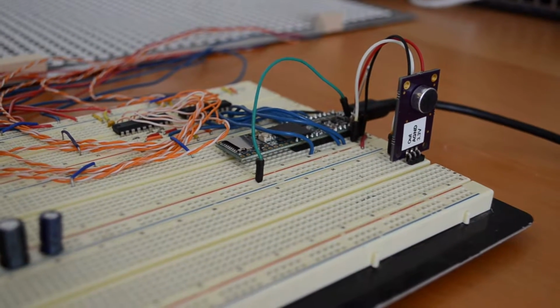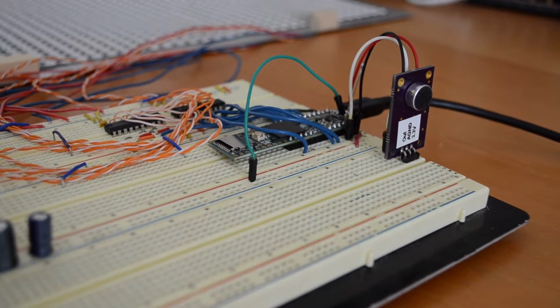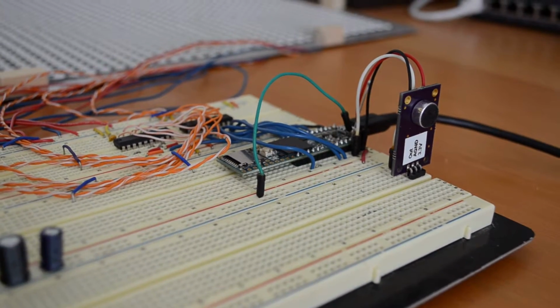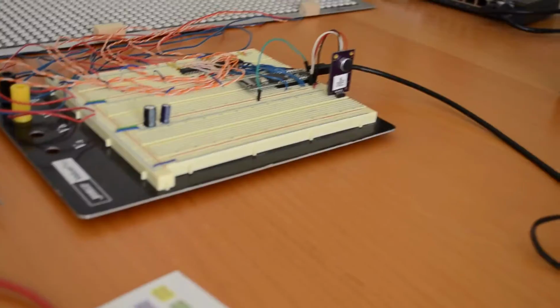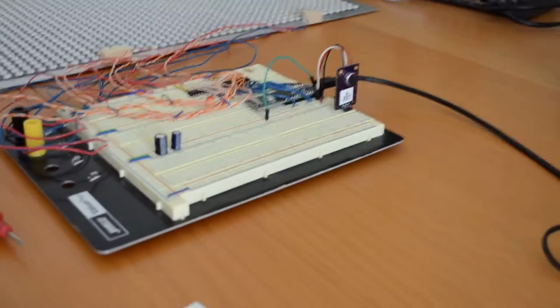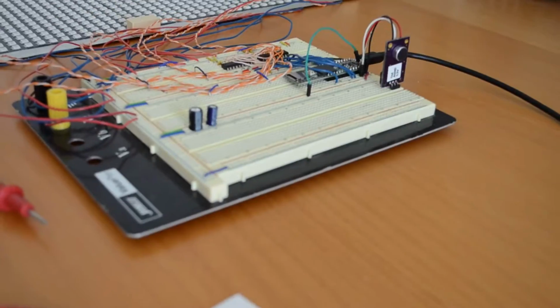So now I've got the mic module powered by the computer's USB and still getting pretty sine wavy output. Let's see. I pause that. Not as bad. I'm going to try now disconnecting everything else. Actually might try a different Teensy too, just so all I have is the mic and the Teensy and no